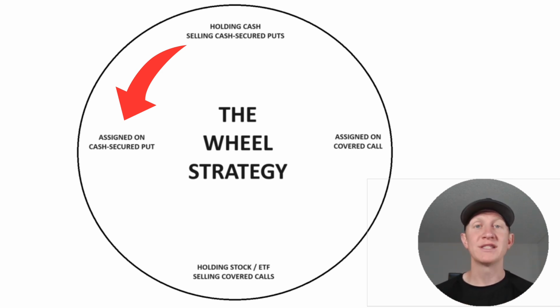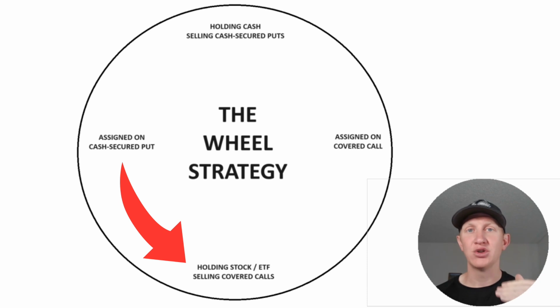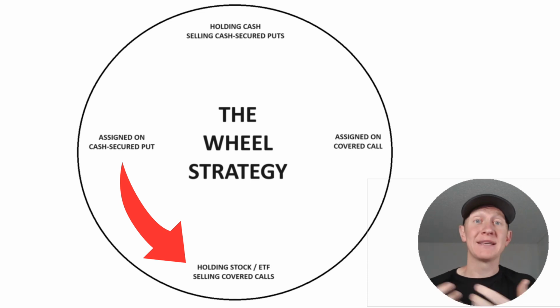At this point, we're selling a new type of option. Instead of cash secured puts, we're now selling covered calls. For me personally, when it comes time to start selling covered calls, I'm going to be as aggressive as possible with respect to my basis. For example, let's say I'm talking about IWM, the Russell 2000, and let's say my strike price when I was selling cash secured puts was $200 per share, and I got assigned. Now what I'm going to do, no matter what the price, $199, $200, $198, is immediately the next day sell a covered call at $200 because my goal is to get back to cash as quickly